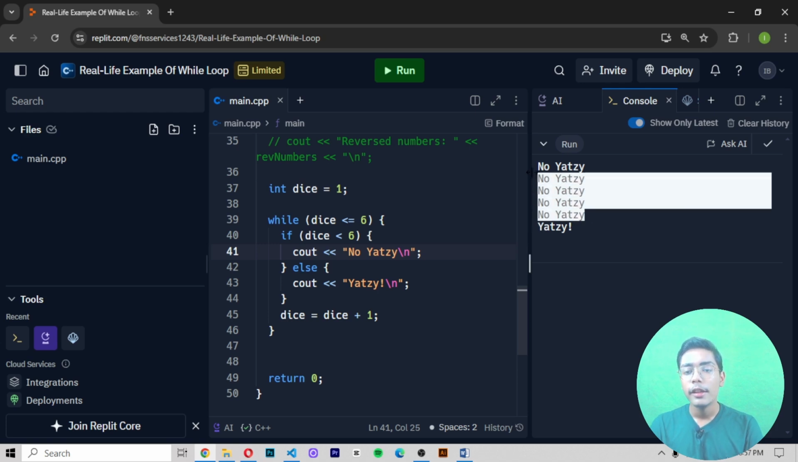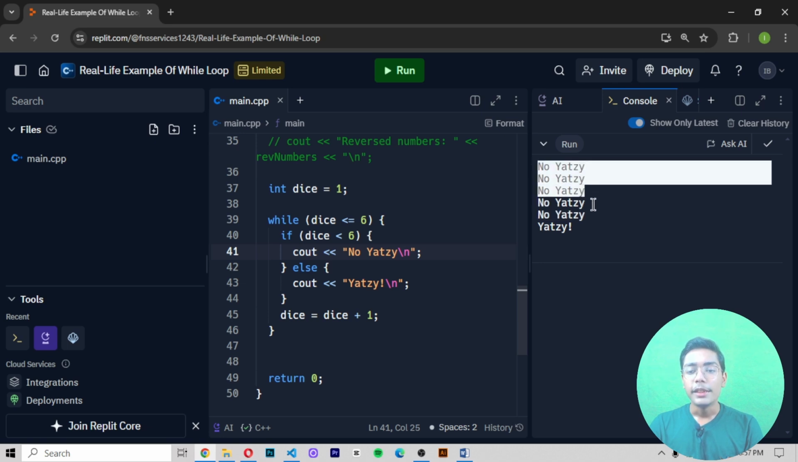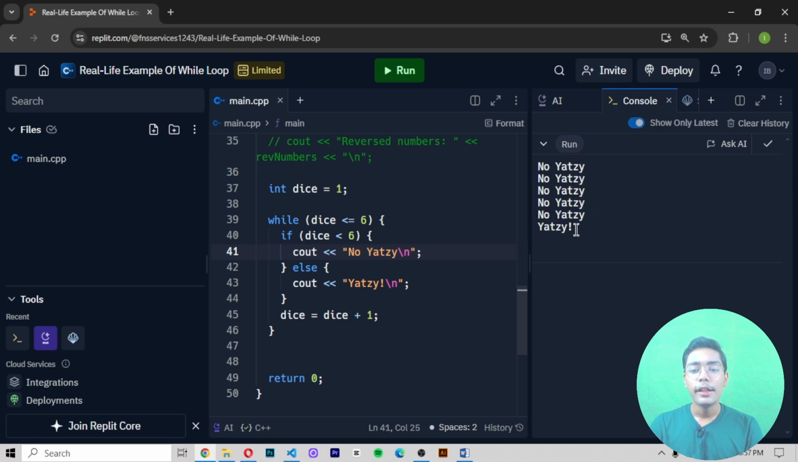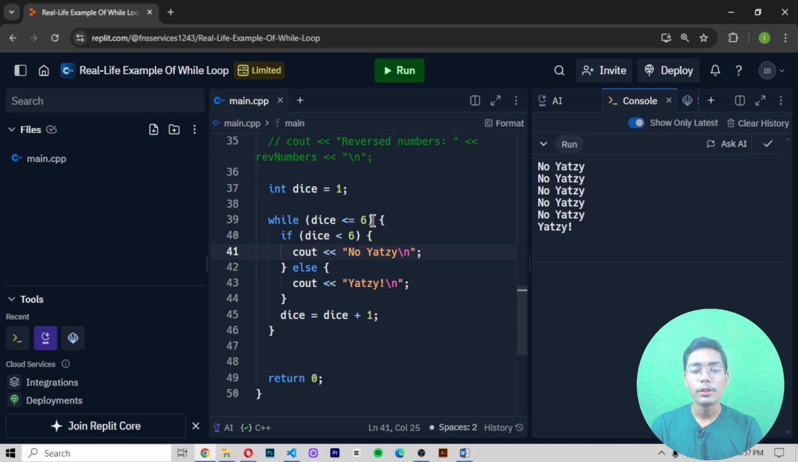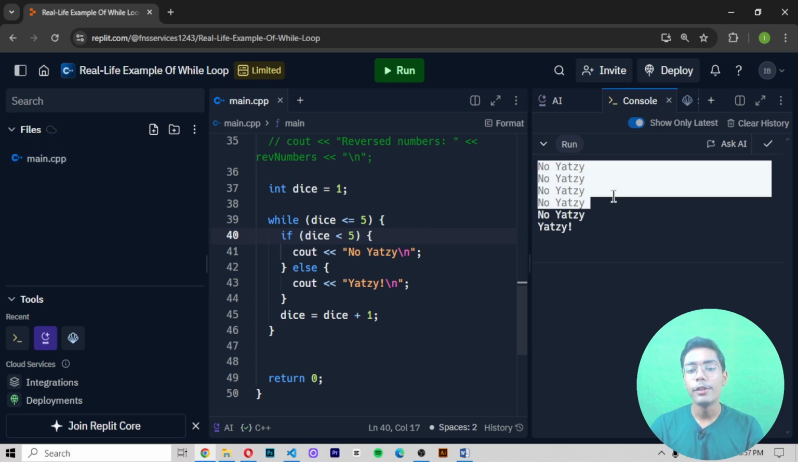Yahtzee printed because, you can say, after rolling many dice, means after rolling 5 dice we are getting Yahtzee in the 6th. So right now when you're getting no Yahtzee in 5, in the 6th you're getting Yahtzee because we have written 6. If you change it to 5, now in 5 you will be getting Yahtzee here, then in 6 you will be getting nothing, means you will be getting 4 values printed no Yahtzee, and the 5th you